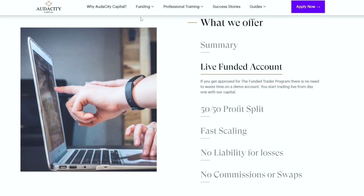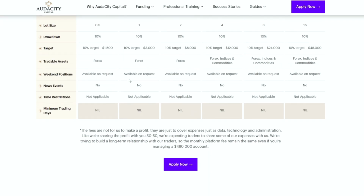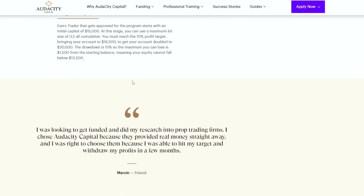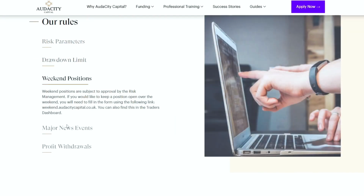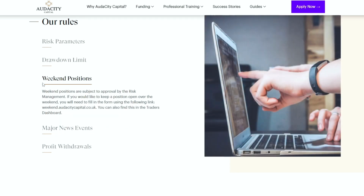If we have a look at Audacity Capital, you'll be able to see down here trading guidelines, and if I scroll down, risk parameters, etc. Major news events is a popular one on funded trader prop firm accounts. Positions must be closed during major news events. Weekend positions, sometimes they'll let you hold, sometimes they won't. On most prop firms I've seen, they're quite strict on not letting you hold weekend positions,